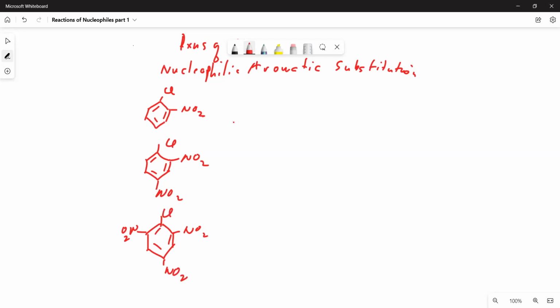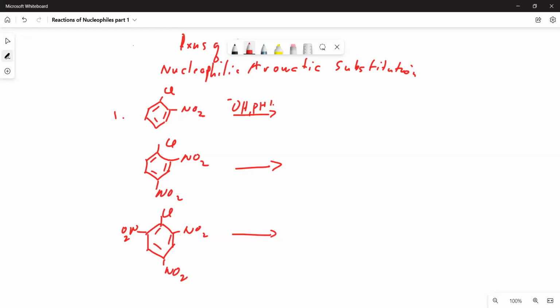So the atom that will be, or the nucleophile that will be replaced here, of course, will be the halogens. So you can see the ease of substitution, no, based on the reaction conditions. For the first example, wherein you only have one electron withdrawing group, if you substitute the chloride with hydroxide nucleophile, okay,